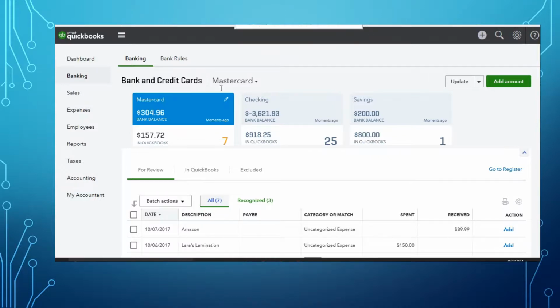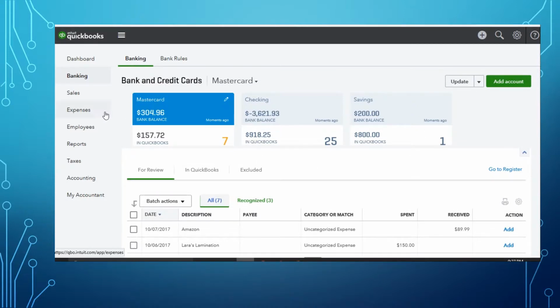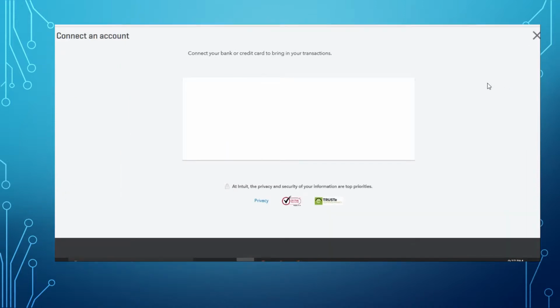To get to bank feeds, on your side navigation bar, go to banking. That will bring you right to the bank feeds. It will bring you right here. So if you have multiple accounts, that will show up here. If you have not set up an account or there's an account you need to add, click on Add Account,